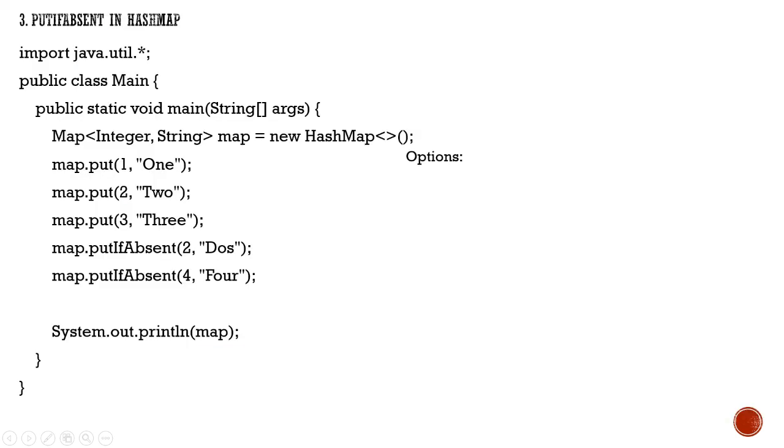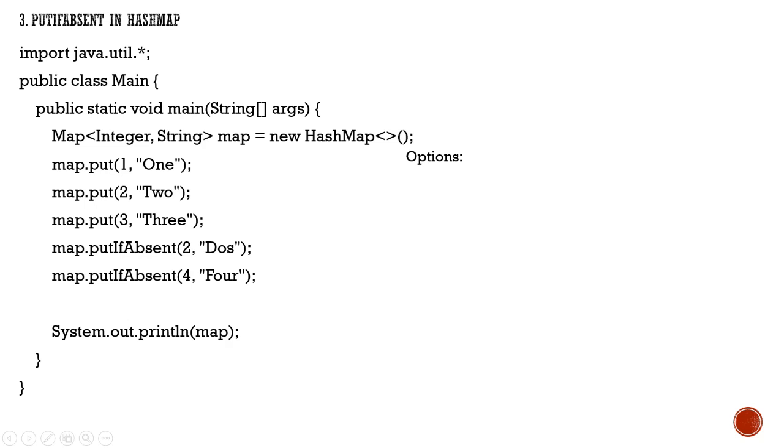Let's look at the third problem, that is putIfAbsent in HashMap. Many of you may not be aware of putIfAbsent in a HashMap. Many already deal with put and get, which are the two basic operations you must have already worked with, but we'll discuss what this code snippet does. Here we are trying to create a map with Integer as the key and String as the value.